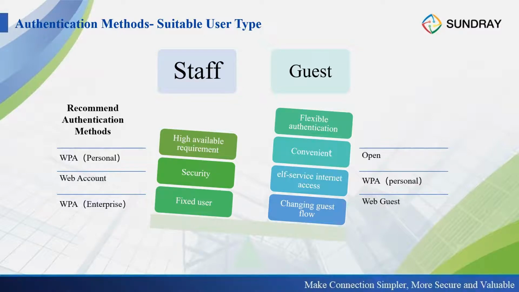Because for staff, we are more focused on security, and they also have a higher requirement for network availability, and the users are fixed, just like our staff, so we can create an account for